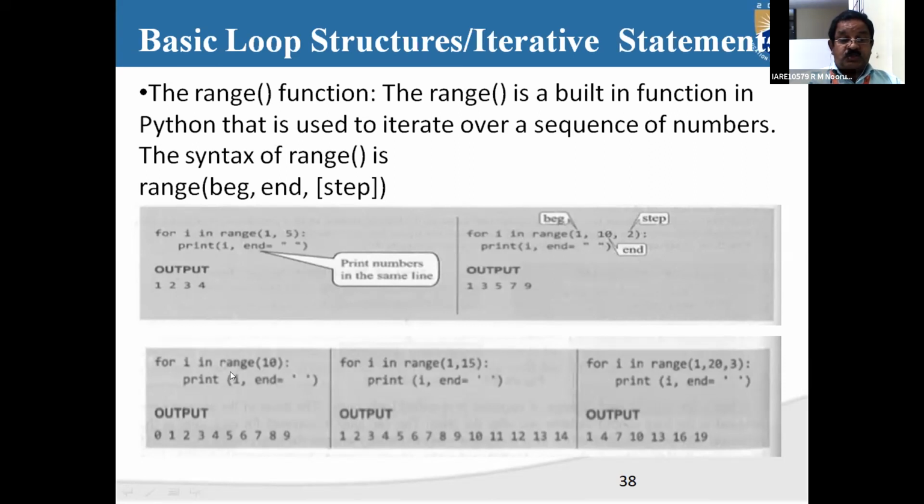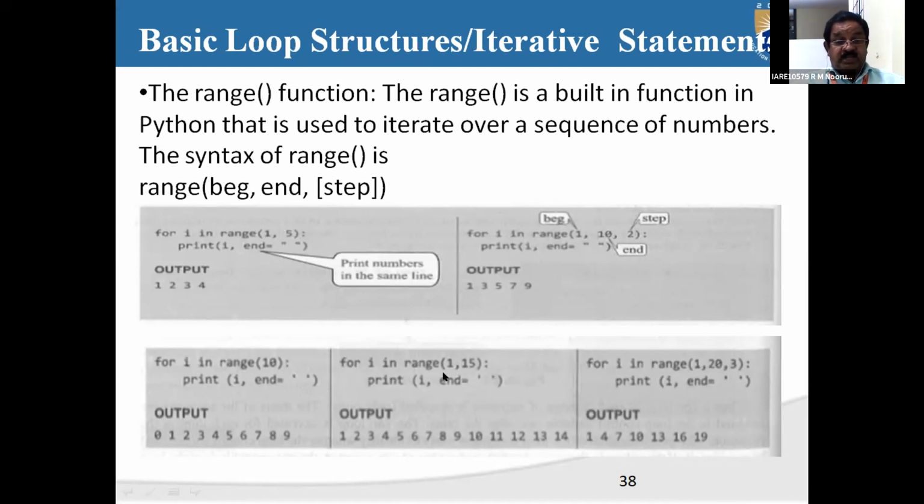You can also use it without anything. For i in range, if you give it without any beginning, end or step, and just mention the range, then by default it starts with 0. If you give the range as 10, it goes from 0 to 9. If you give the range as 20, it goes from 0 to 19. If you give the range as 100, it moves from 0 to 99, that is n minus 1.